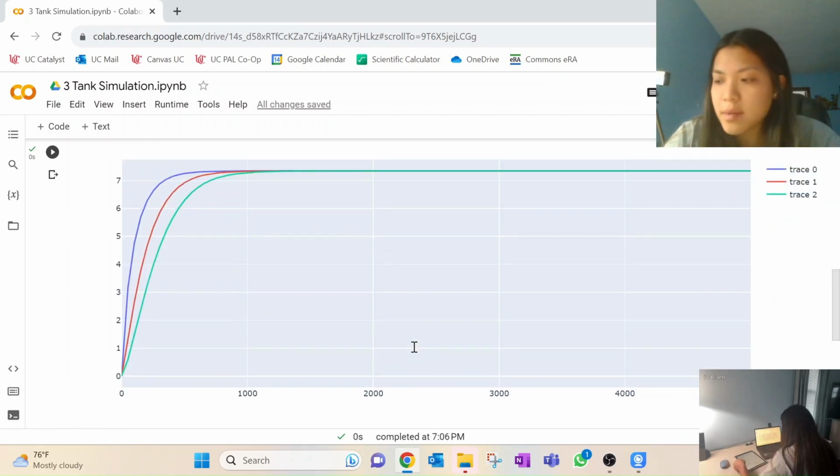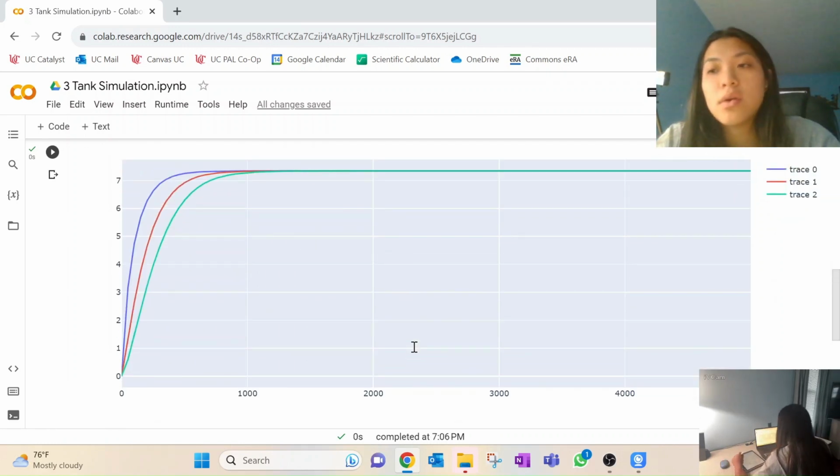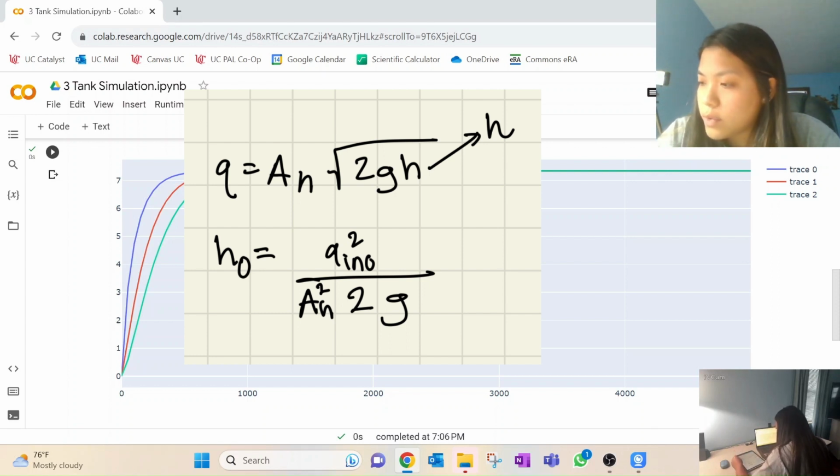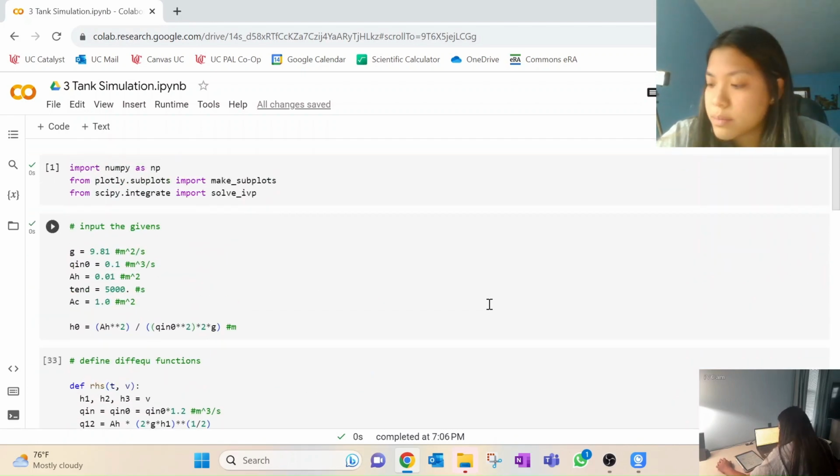Okay, so looking at this plot, it's not quite right, and going back through the code and figuring out what I did wrong, the initial mistake here was in my algebra. When I solved for the initial height, I flipped the flow, so it should be the initial flow in squared, times the area divided by the area of the hole squared. And if we change that within the code,